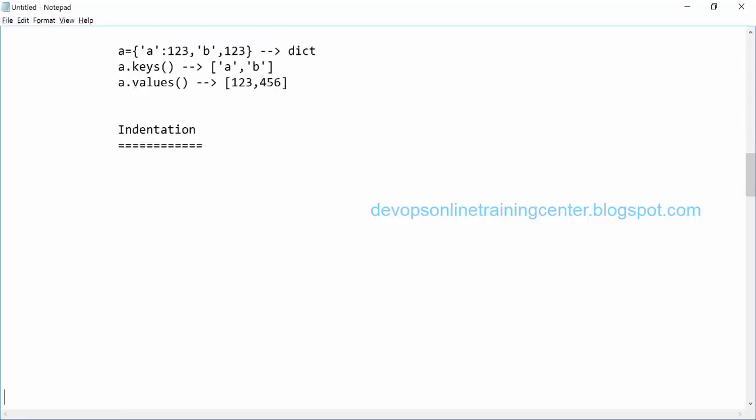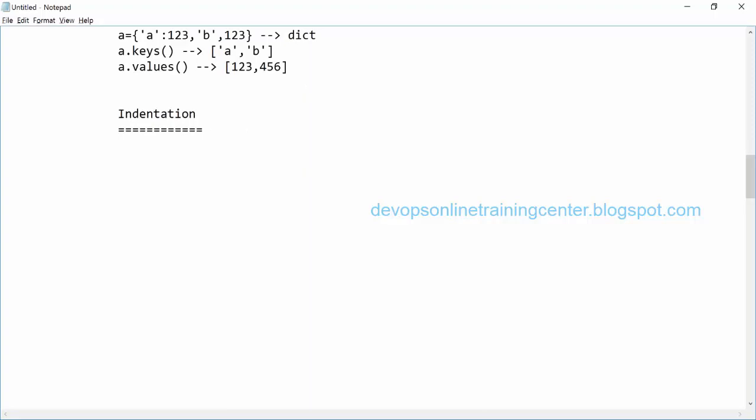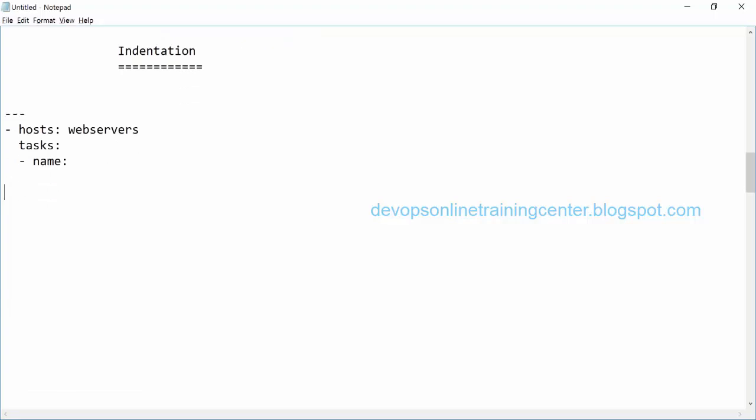When we were learning Ansible, when we were writing Ansible playbooks, let us say I started writing my program here, right? And then we defined it like this: hyphen hosts equal to web servers, then tasks, right? And we defined something like hyphen name. If we gave even one space mistake, it was throwing an error, right? It always has to follow the same indentation. That is because Ansible is written in Python. So Python follows indentation. In Python, indentation is enforced,